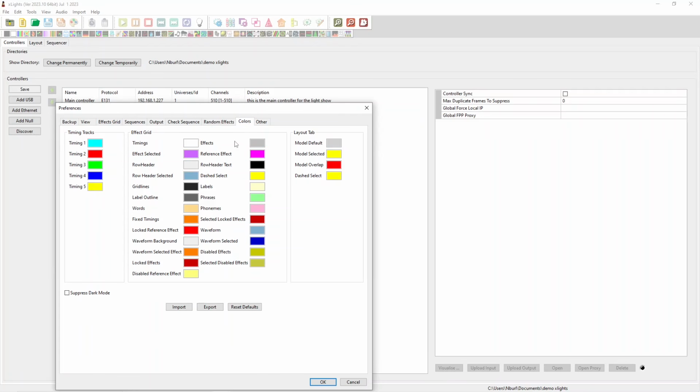Colors: under here, this allows you to change colors of certain items in xLights. For example, like your timing tracks, you could change what colors they show up as. You could change the colors of like words if you import lyrics, phrases, and a whole bunch of other things. I've never changed these. I just use the default colors. And then